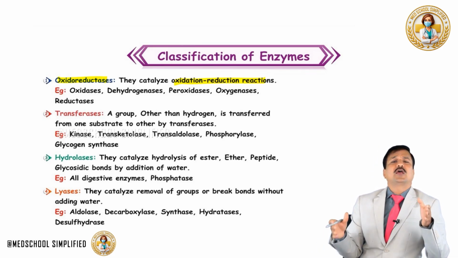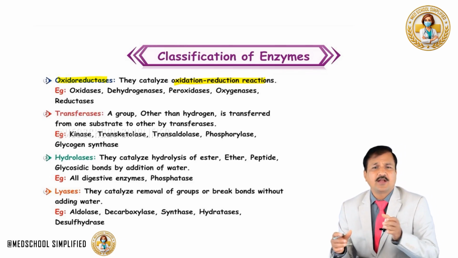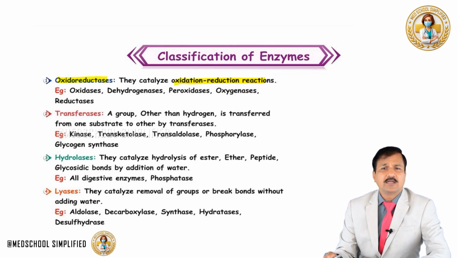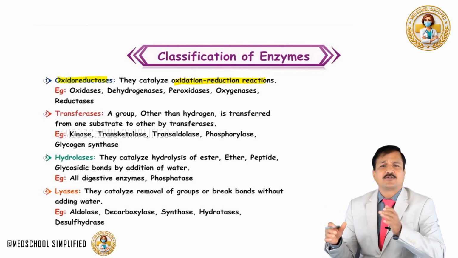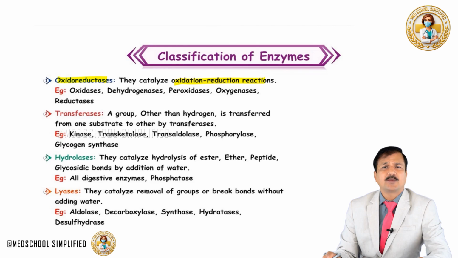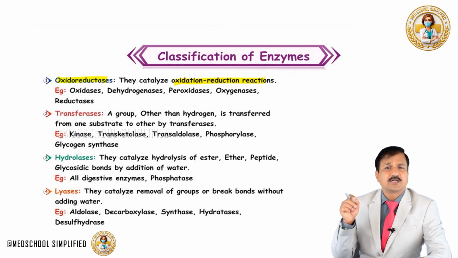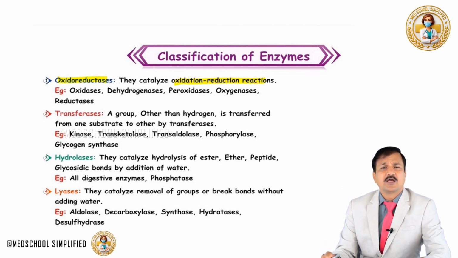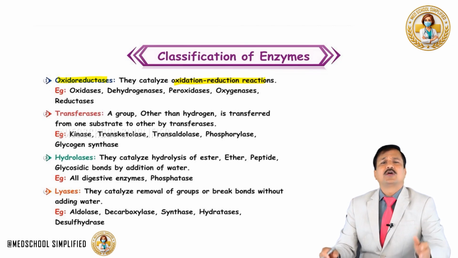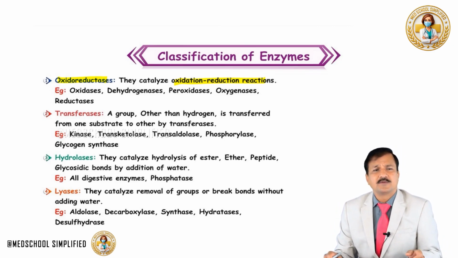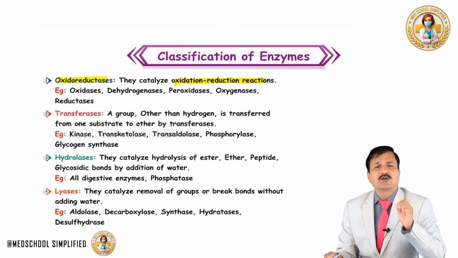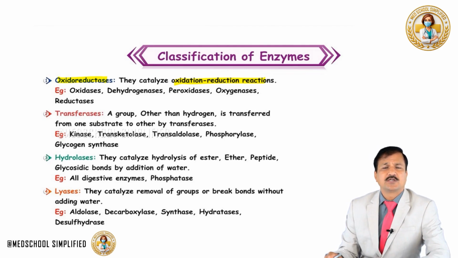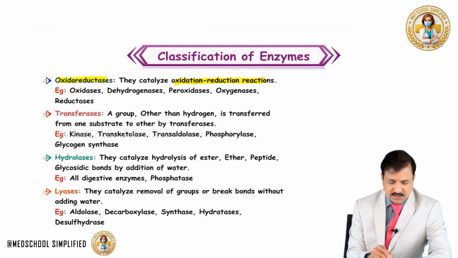So whenever a loss or gain of electrons is going on in a metabolic reaction, when a substrate is converted into product, the enzymes catalyzing that type of reaction are simply grouped under the oxidoreductase class of enzymes. Examples: how will oxidoreductase class enzymes end? Generally they will end as oxidases,